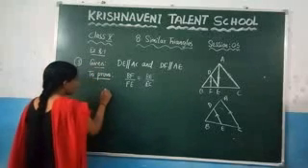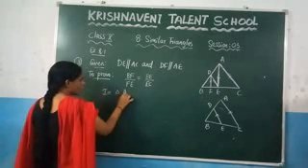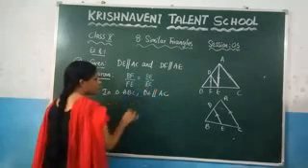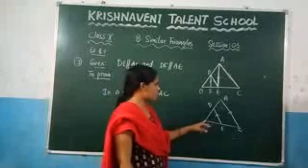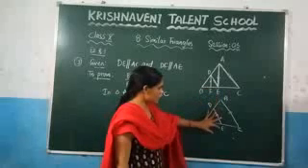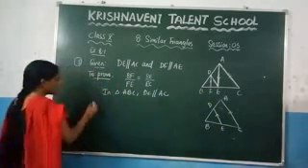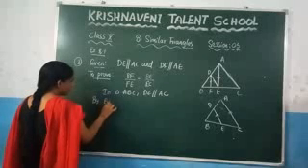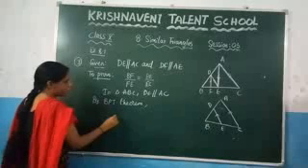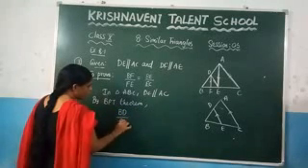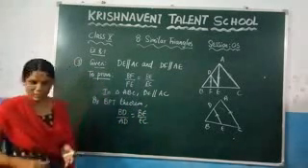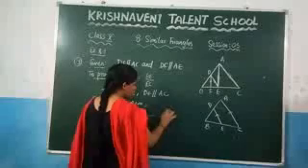So write it here in triangle ABC. What is the condition they have given? DE is parallel to AC. If DE is parallel to AC, the other two sides which are AB and BC are divided into the same ratio. That means BD by AD is equal to BE by EC. So write it here by Thales' theorem or basic proportionality theorem. You can write it here BD by AD is equal to BE by EC. This is the first equation. Let us consider this one as the first equation.